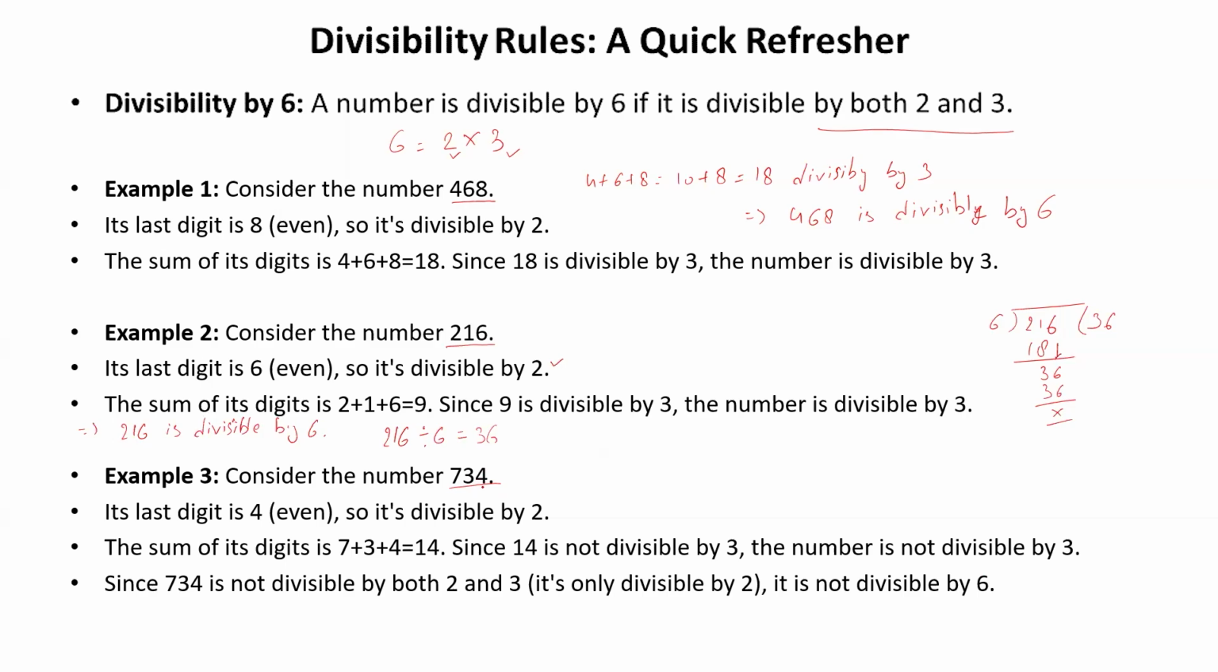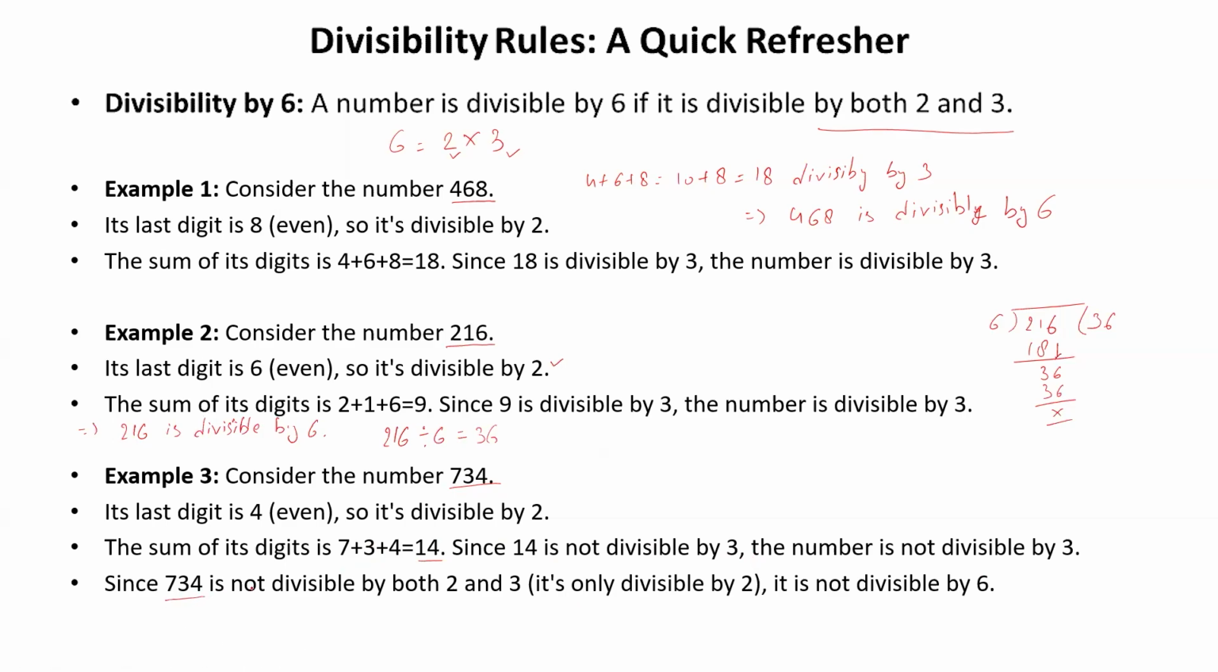So, first thing, last digit is 4. That means it is divisible by 2. Good. Now, you just have to check sum of the digits. Sum of the digits means 7 plus 3 plus 4, that is equal to 14. And you know that 14 is not divisible by 3. Hence,